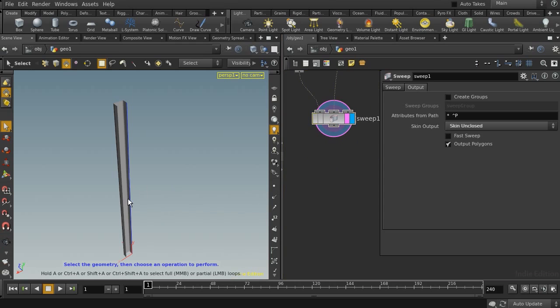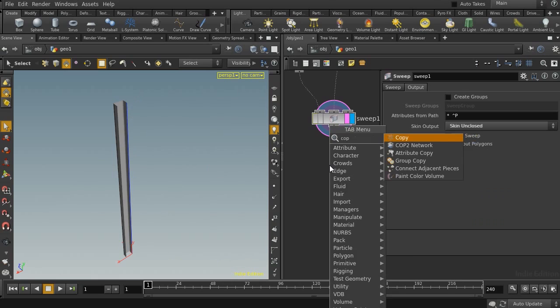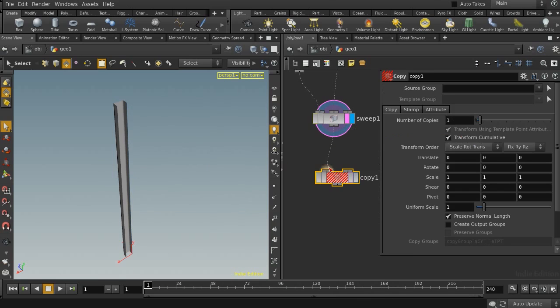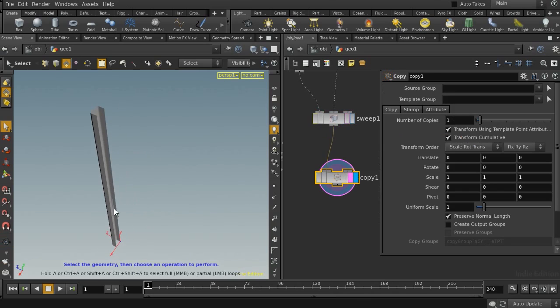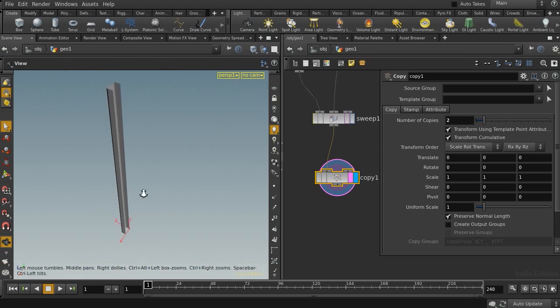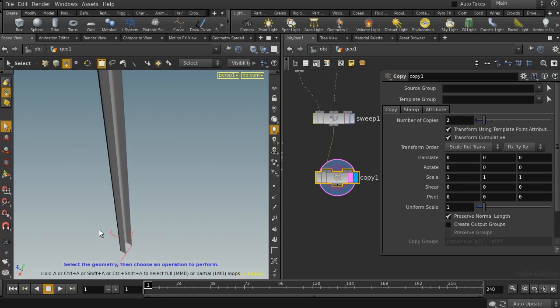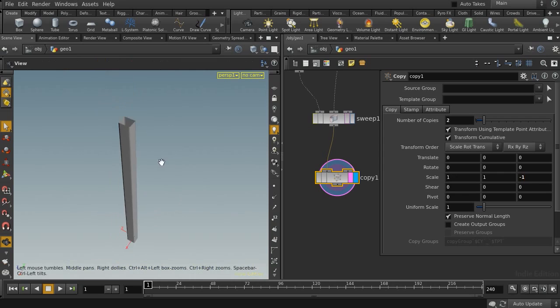The idea is creating a shape and cross section for one side of the line and use a copy node to create the shape for the other side. So let's create another copy and let's mirror it along the z-axis. So let's put -1 for the z scale value. Okay,